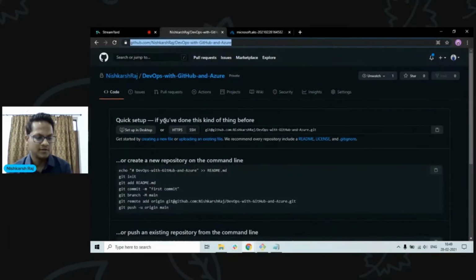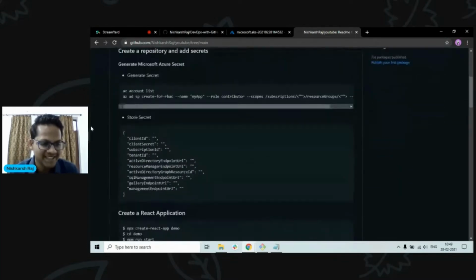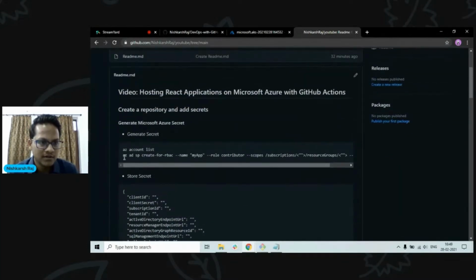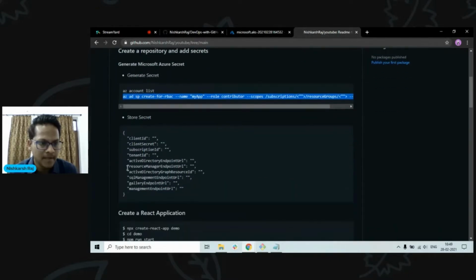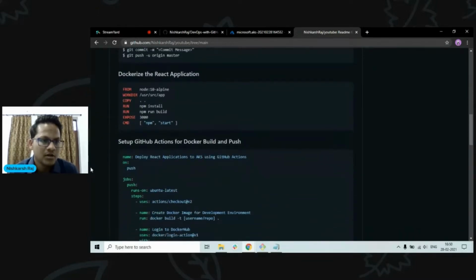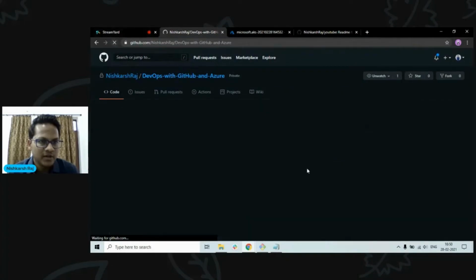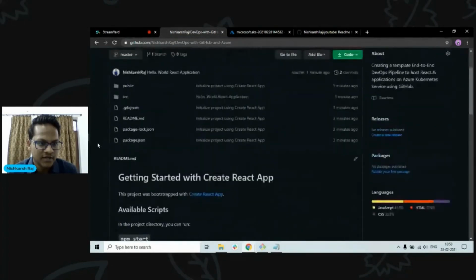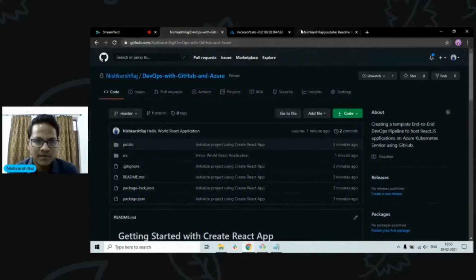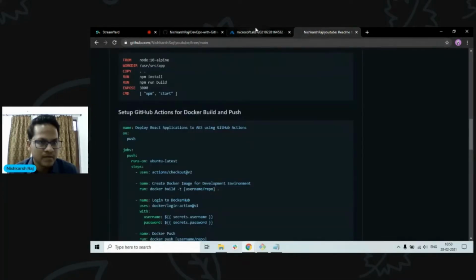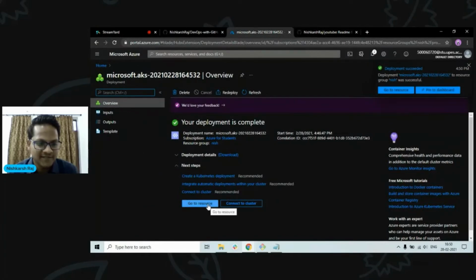So let me open my README file that I have created for this presentation. So this is the command that is used to create the authentication file for Azure. I'll be pushing it in my GitHub repository, but this is the structure you would get. So it will have the client ID, client secret, and also many other things. So now these files must be here on GitHub. As you can see, it has also created a README for us, which we won't have to focus on right now. And it is still creating the k8s file. No, it has created. Great.